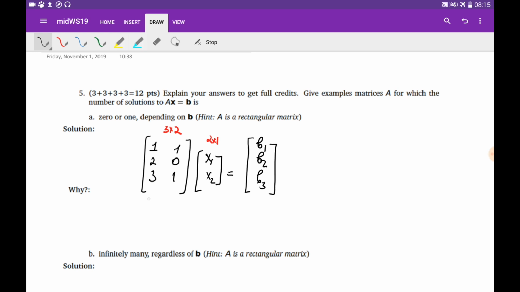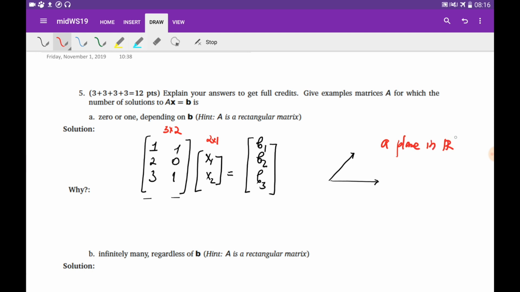So basically what I'm asking you is, combine these 2 columns, right? So you got the first vector, this is the first column of the A, and the second vector, this is going to be the second vector of this matrix A. So what combination of these 2 vectors is going to give you the third vector B? This is the question. So all possible linear combinations of these 2 vectors is going to give you a plane